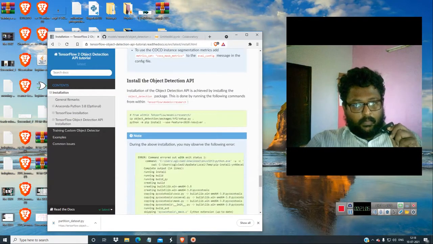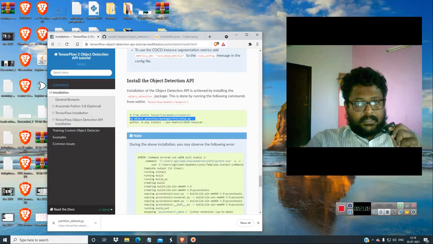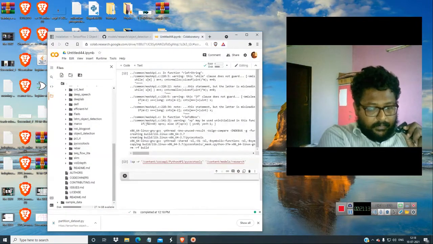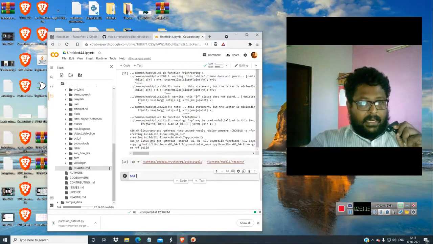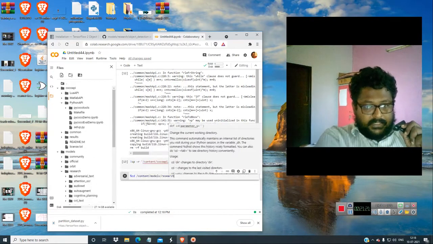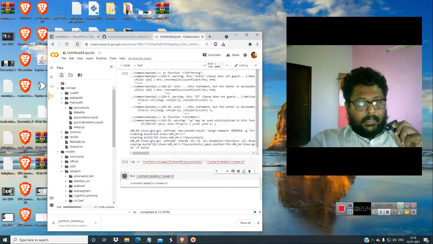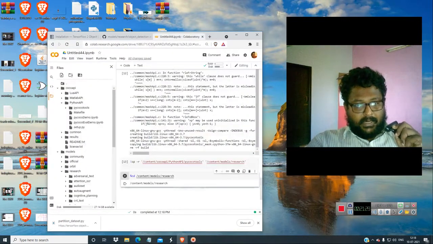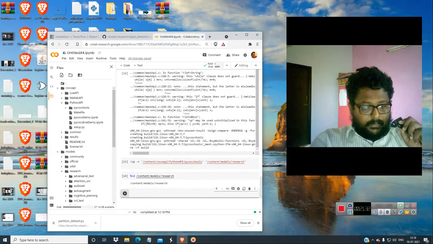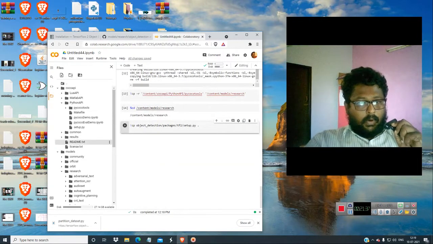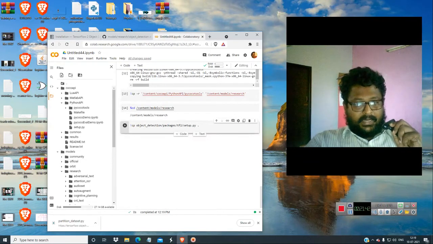The other thing we have to do is copy this from models research. So we have to get back over here and then just type %cd and go to the models research, copy path and then just paste it over here. Then get back over here and copy this command, put an exclamation mark and Ctrl+V. So now copy this and paste over here. Just click this, so it can really find where it is. Okay, it's great news.